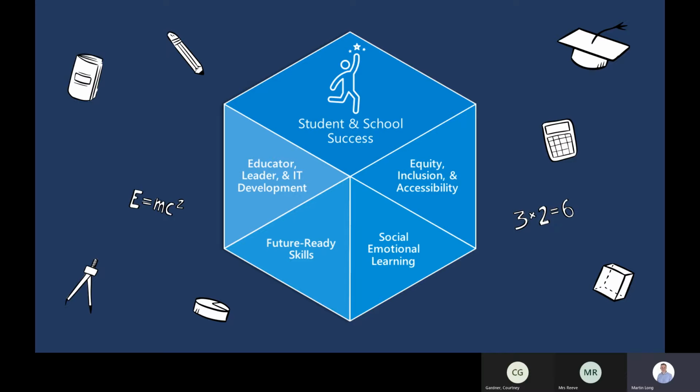You're also making sure that students leave you with future-ready skills. Who knows what curveballs they're going to face in the future? So this isn't about building the knowledge. This is about building skill sets, about them being able to flex and bend and adapt to situations they find themselves in, but still be successful adults as well as successful learners while you're there. And of course, we want equality, we want inclusion, and we want accessibility for everyone, which is one of the reasons why next session, in session 7, we'll look at the educational transformation framework, but we'll also have a look at accessibility tools.